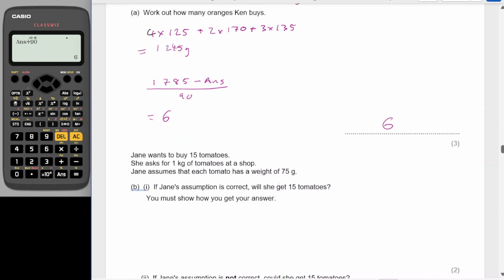Jane wants to buy 15 tomatoes. She asks for 1 kilogram of tomatoes in a shop. Jane assumes that each tomato has a weight of 75 grams. If Jane's assumption is correct, will she get 15 tomatoes? So let's just do 75 times 15. So 75 times 15 is going to be equal to 1,125. So no,